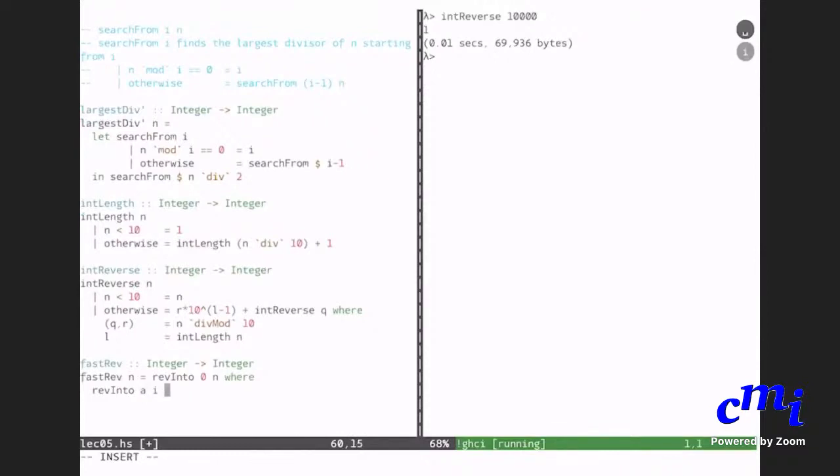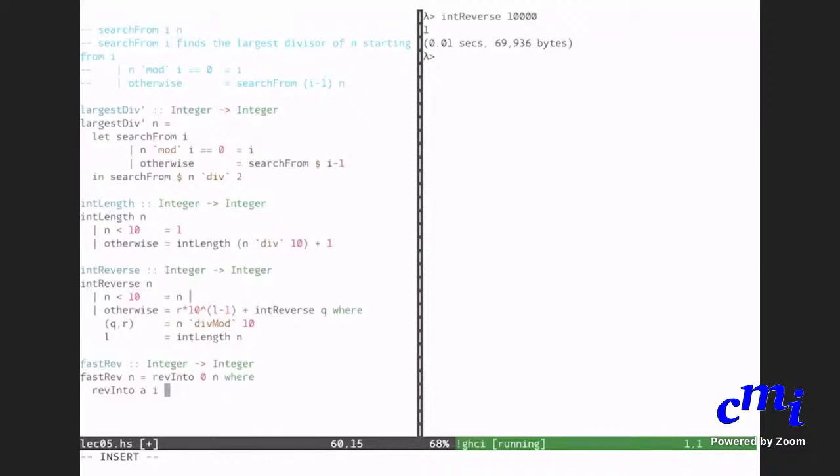Suppose I want to reverse A into I. What I am saying is that A is already given. I want to take the rightmost digit of I and put it at the rightmost place in A. Excuse me, sir. Yes. This is Apratim, sir. I have a doubt in the int reverse function. Yes. In the otherwise step, I didn't understand what's going on there.